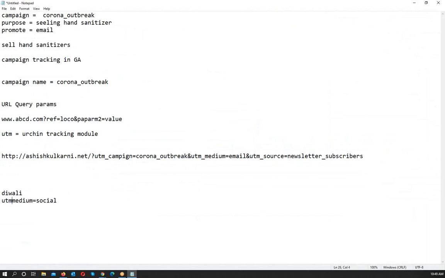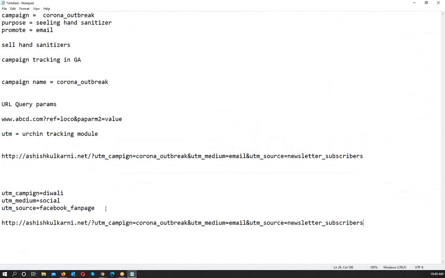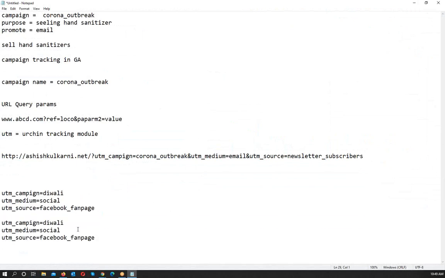So it will look like UTM underscore campaign is equal to Diwali, UTM underscore medium is equal to social, and UTM underscore source is equal to Facebook fan page. Now this campaign you are not only going to promote on Facebook fan page, you are going to promote it on Twitter also. Okay, you are going to promote it on Twitter,